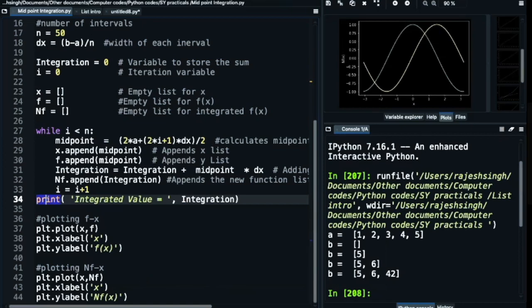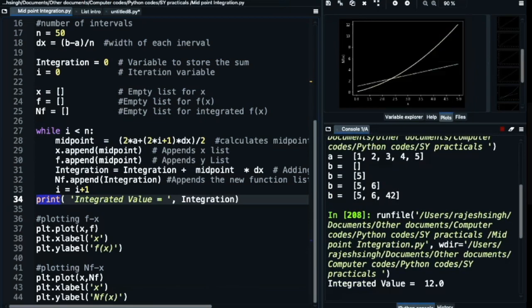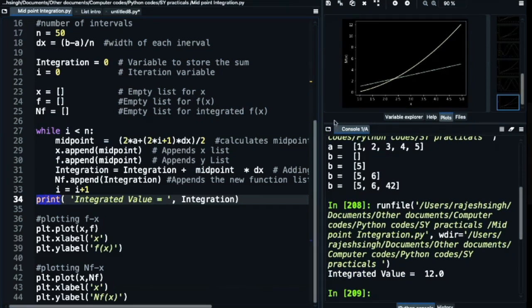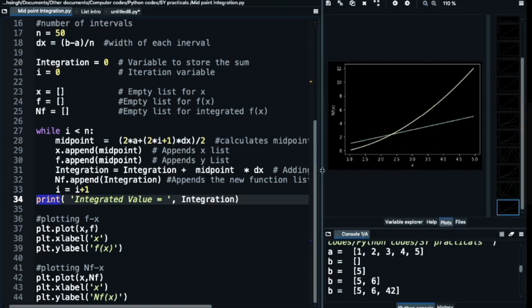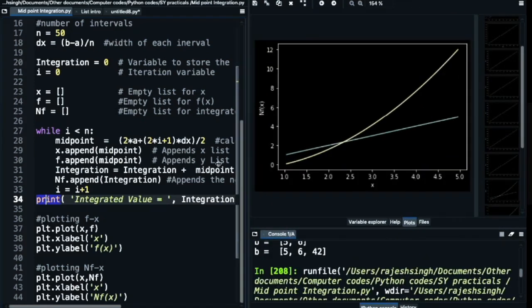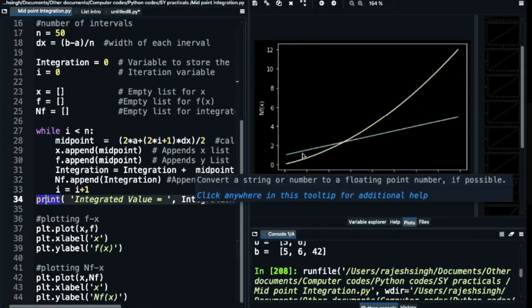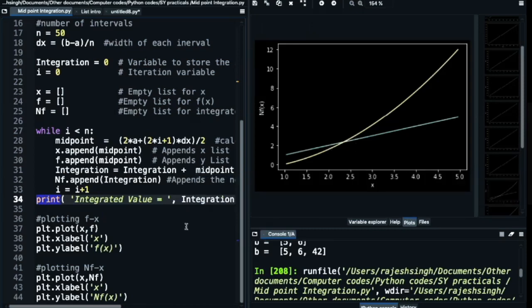Now if I run the program, what you get is something like this. You can first see the integrated value comes out to be 12. So the integrated value is 12, and you can see that these are my two functions, two graphs. The straight line graph, remember the origin is not 0, 0.